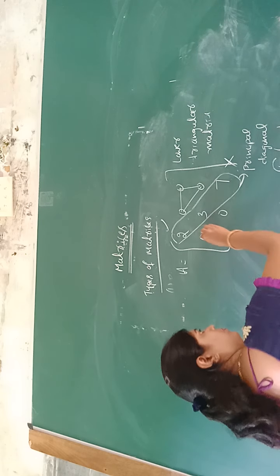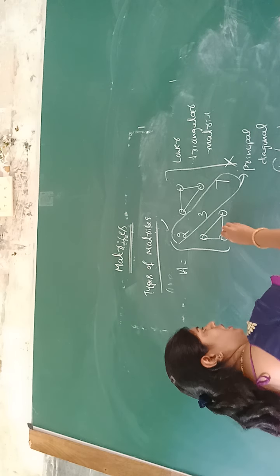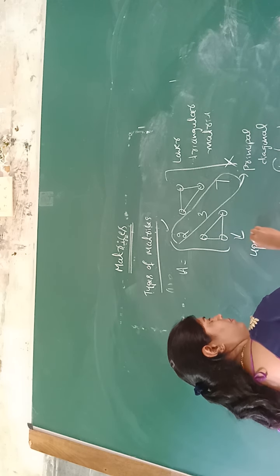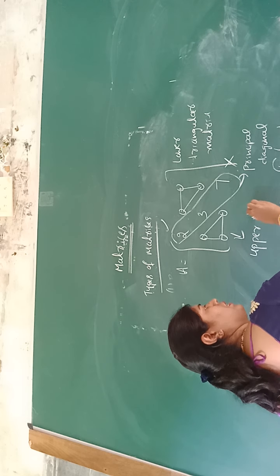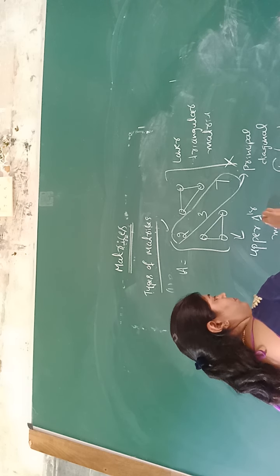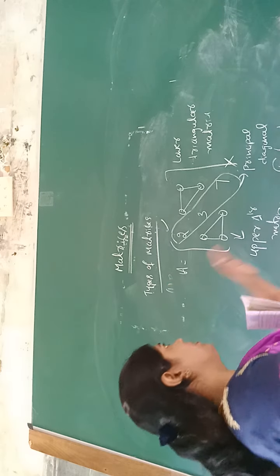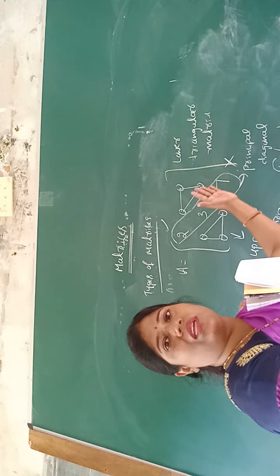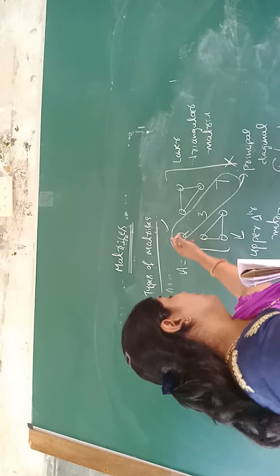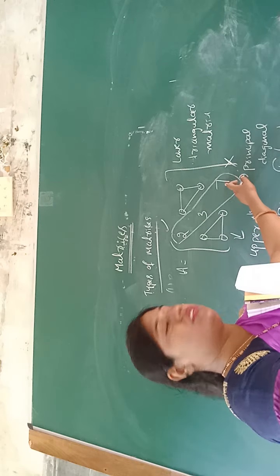Triangular matrix, and this one is called the upper triangular matrix. So this one is the diagonal matrix example. Diagonal element